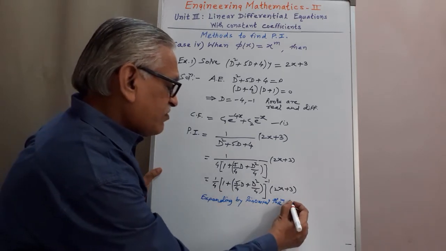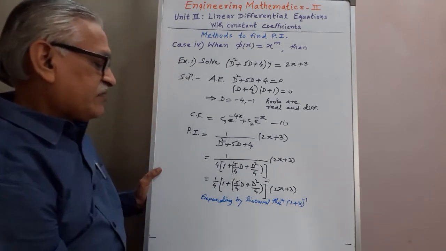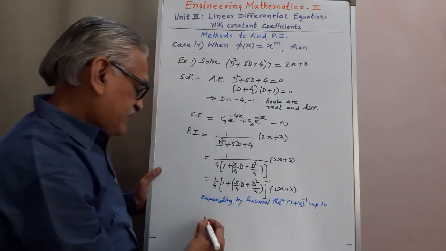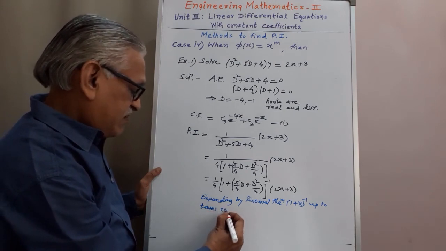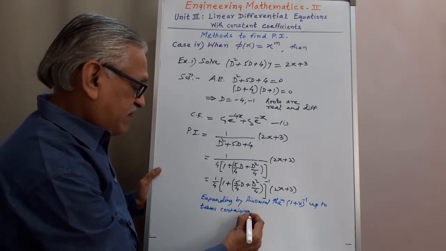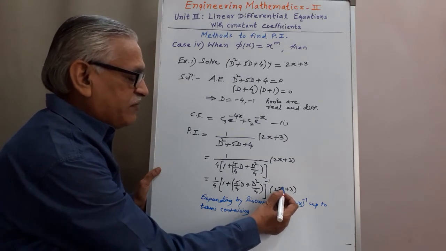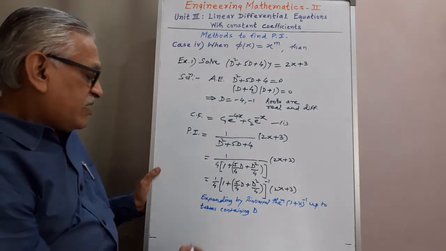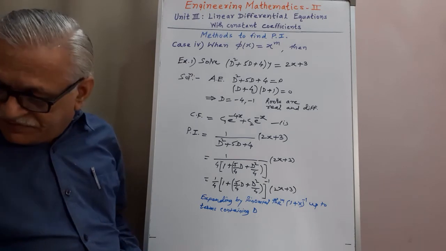It is in the form of 1 plus capital X raised to minus 1, up to terms containing D raised to m. Here the value of m is 1, therefore up to D only. And therefore, using that, we get